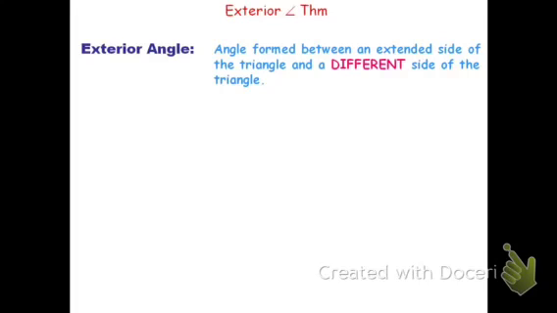This video will review the exterior angle theorem. To begin, let's start by defining what an exterior angle is. An exterior angle is the angle formed by extending one side of a triangle and then carrying it to a different side of the triangle. For example, if we took this triangle and extended the bottom side off to the right, the exterior angle would